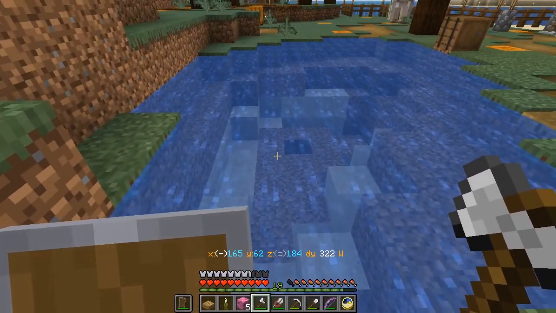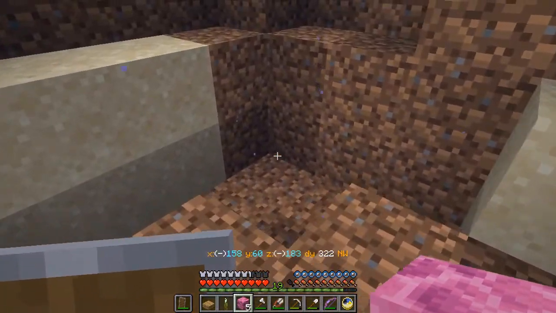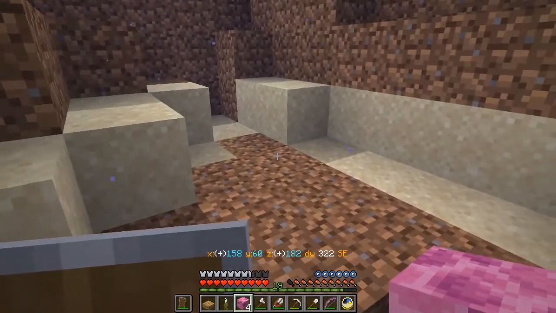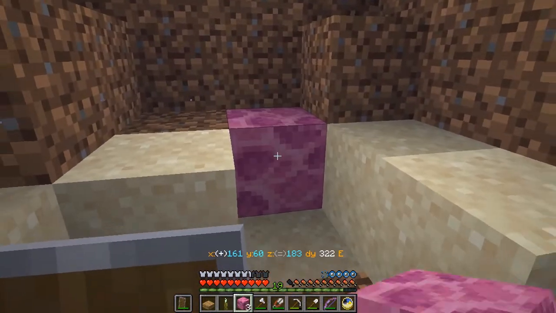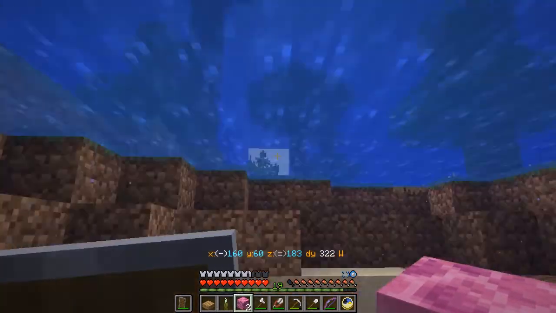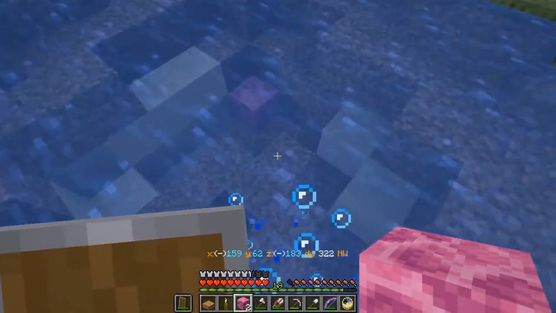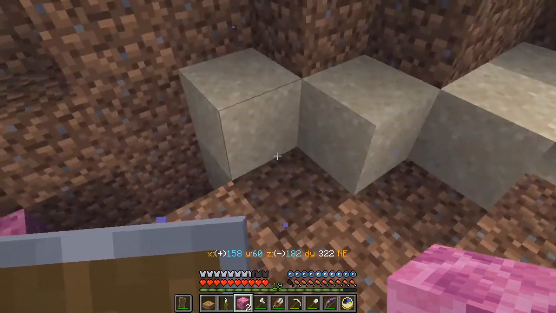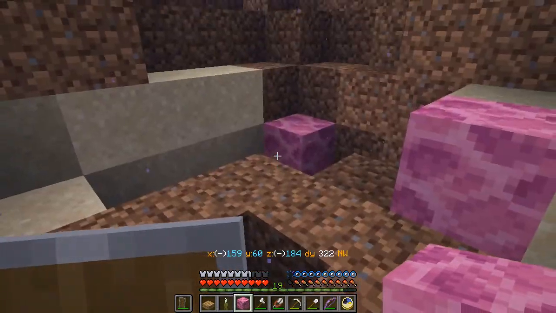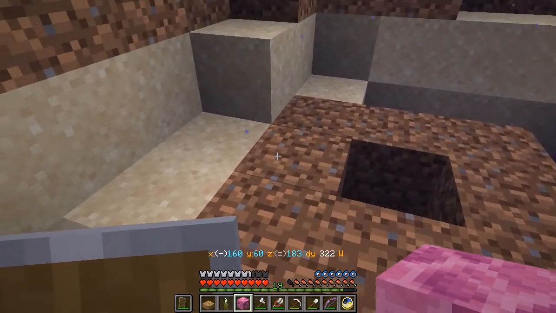Back in the village for a moment. Let's have a chance to place these down and see what kind of effect they have. Let's put one there. One there. One there. Take a little breath. How about one there? 1, 2, 3, 4. How about...